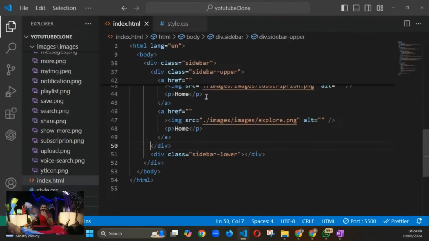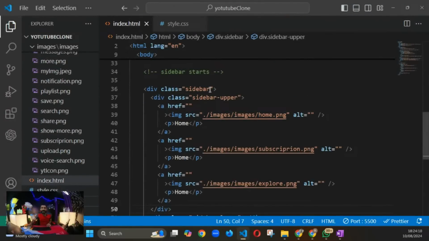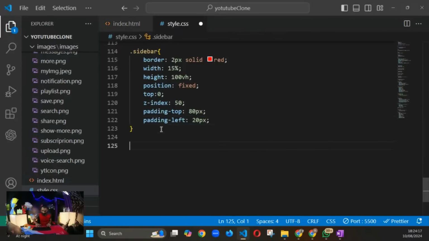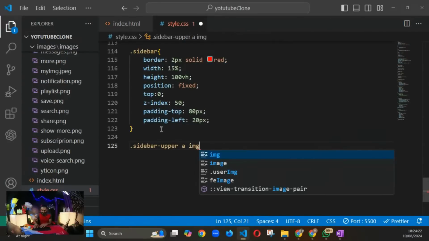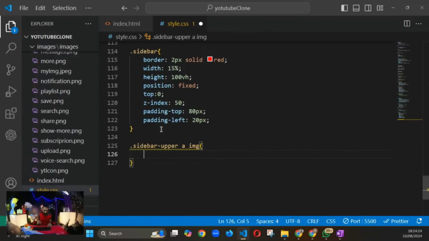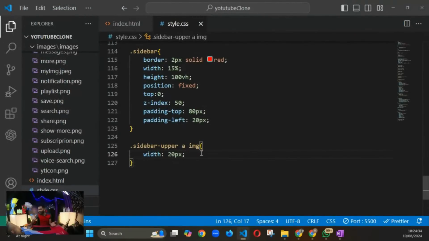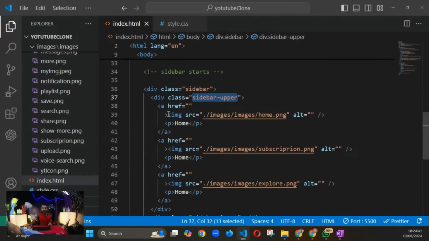चलो आगे चलते हैं फिर। ओके, so now we have this sidebar upper, and inside this sidebar upper we have an anchor tag, inside that we have an image. Now I need to give width to my image, right, let us give him suppose say 20 pixels, okay। so ये मेरी images छोटी हो गई है, perfect, which is perfect, right। मैं थोड़ा सा margin दे दूंगा।